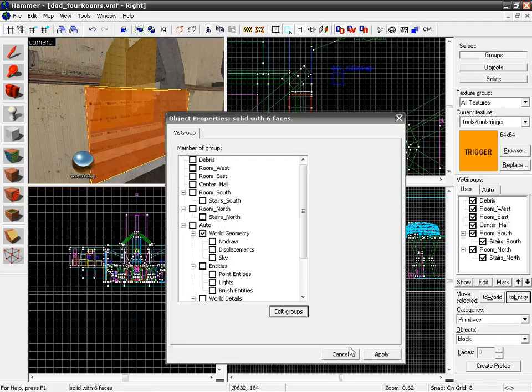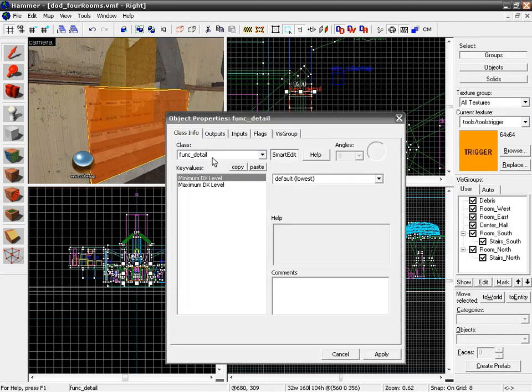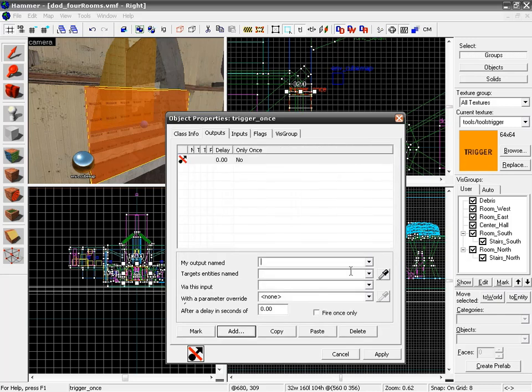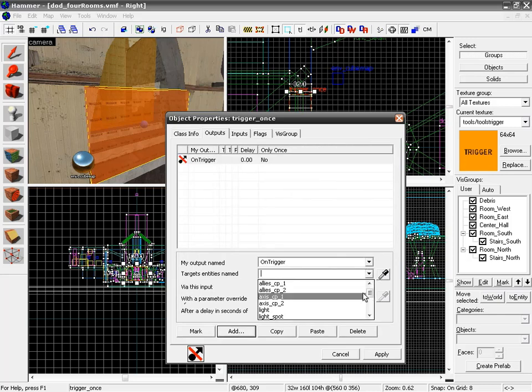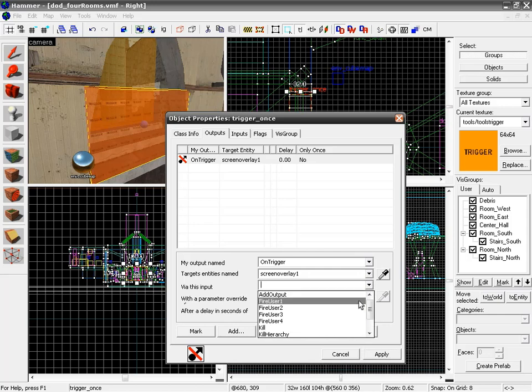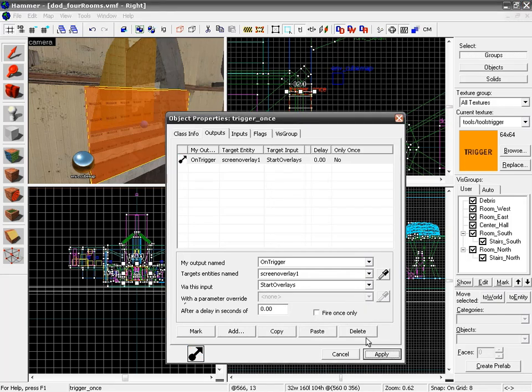Oop. Tie it to an entity. Going to make it a trigger. Just do a trigger once. Apply, and we'll add an output. It is on trigger. We'll find our overlay 1. We're going to apply that. Make sure we get just the right options there. There we go. We're going to start overlays. Apply, and then we'll just add